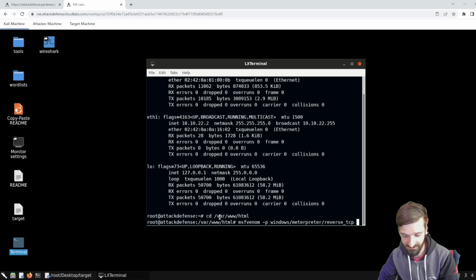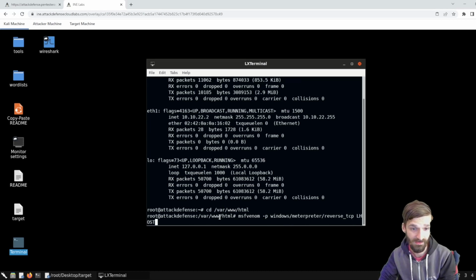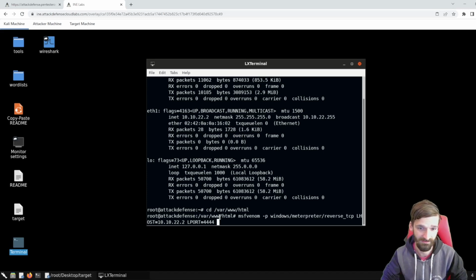Now, I'm also going to be specifying an LHOST, which stands for local host, which is the IP address of the machine I want the shell to go back to. So in our case, as we just figured out, this should be 10.10.22.2. I'm also going to be adding an LPORT or local port, which is the port that the shell is going to connect back to. This is going to be 4444, which is the default value and one that you will encounter very often when